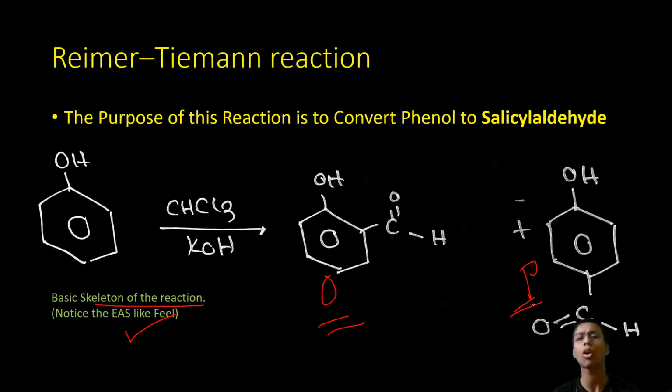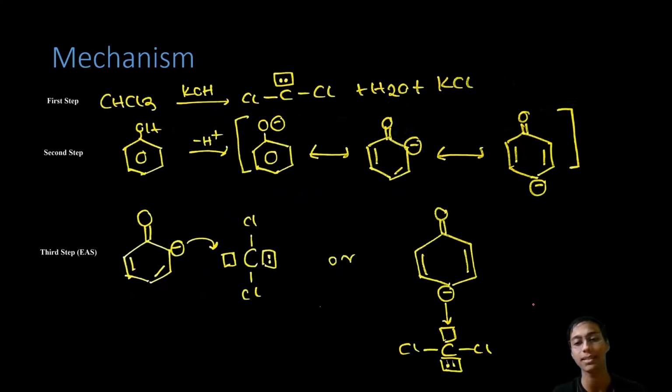So all those who have studied well in class 11 will already have gotten this feel that something like electrophilic substitution might have happened. Everything will be cleared once you see the mechanism. Okay. First step is pretty easy, carbene formation. You already know if you saw the previous videos. If you haven't, my finger is just showing the link to the video, nothing else, don't worry.